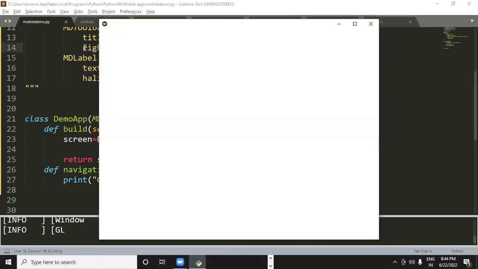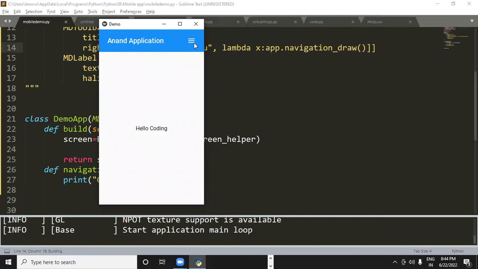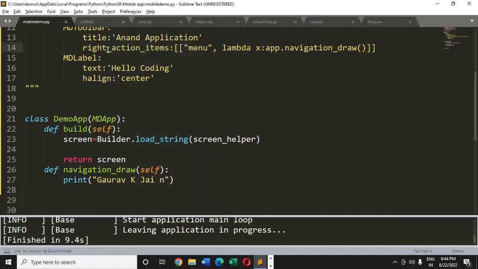Yes, sir. It will come in the right side. Absolutely right, dear. So, this is something we can do with the help of action items. So for now, I am using left action items, and then I would like to define another